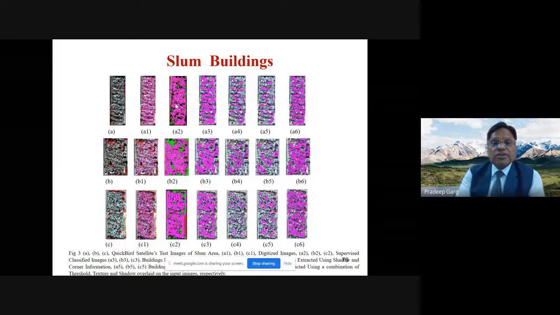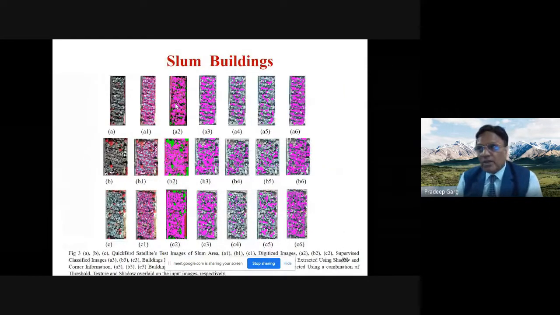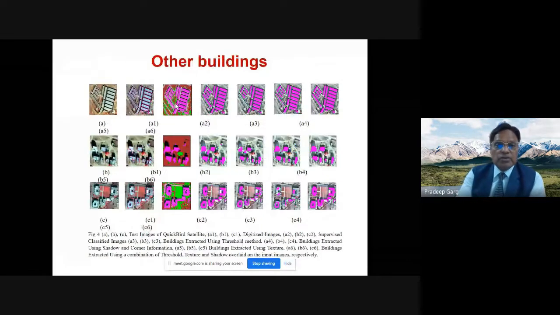The identification of slum buildings has also been done with the help of satellite images. This became quite important when the COVID pandemic spread in the Mumbai area, and particularly in the slum area. So slum mapping was very, very important because the administration wanted to know how much is the area under the slum category so that it can be